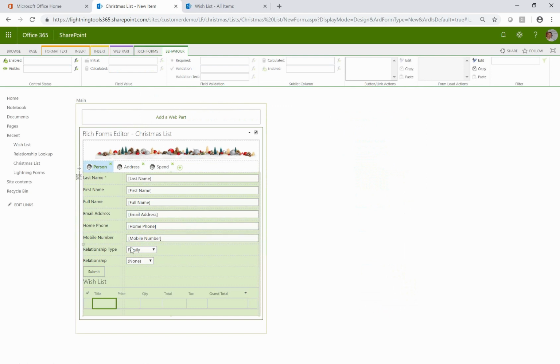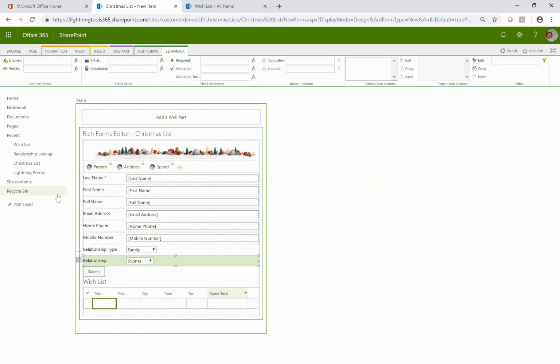So this is where I can take the relationship type and the relationship. Now currently everything's showing, we're seeing every single type of relationship regardless as to whether it's family or not. So all I'm going to do here is select this relationship field, and I'm going to pass a filter to it. And to show you how this is going to work, as I right click on my relationship lookup list,